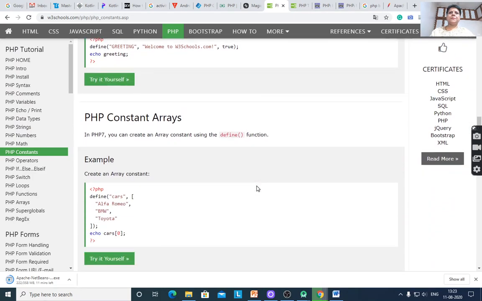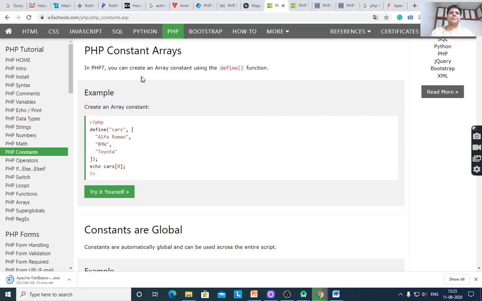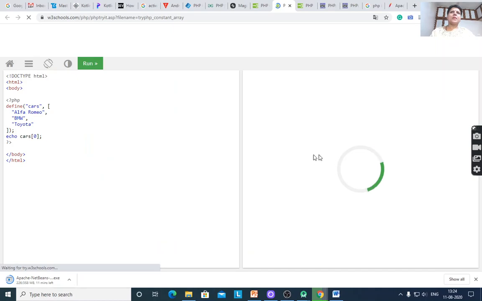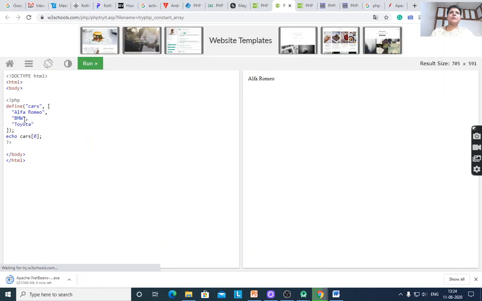Here, constant arrays. You can create an array constant using the define function. Here define cars is the name of the array, and the values are Alfa Romeo, BMW, Toyota, three values. Echo cars index 0 displays the first value.